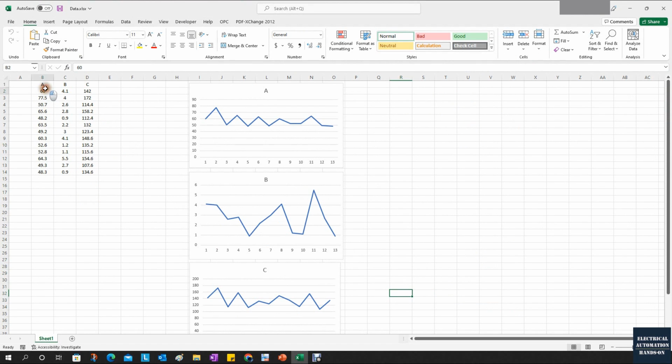Okay, the A data is this length, B data is this length, and C data is this length. Their units are not the same. For example, B may be the flow, A may be the temperature, and C may be the pressure. Definitely, their units are not the same. However, we can probably find the relationship between them to find out which ones have a stronger